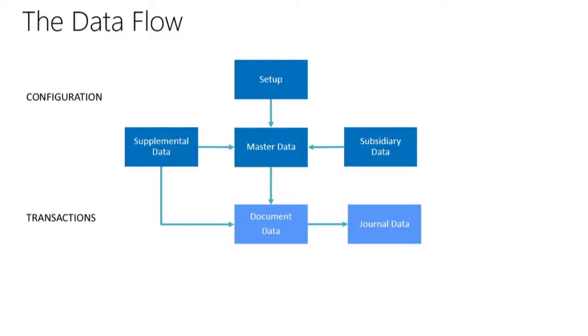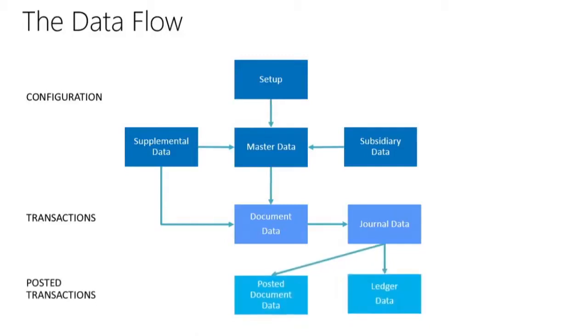Starting from the document, once we have entered all of the required information, we're going to click on the post button to have the sales or the purchase flow started and to be able to create invoices, purchase invoices, sales invoices. Now, a financial user is going to use worksheets to enter information directly into a journal. So starting from the transactional information, once the posting has been performed, information will be transferred into the posted transactions. All of the posted documents, the posted invoices, the posted credit notes will be stored in the posted document